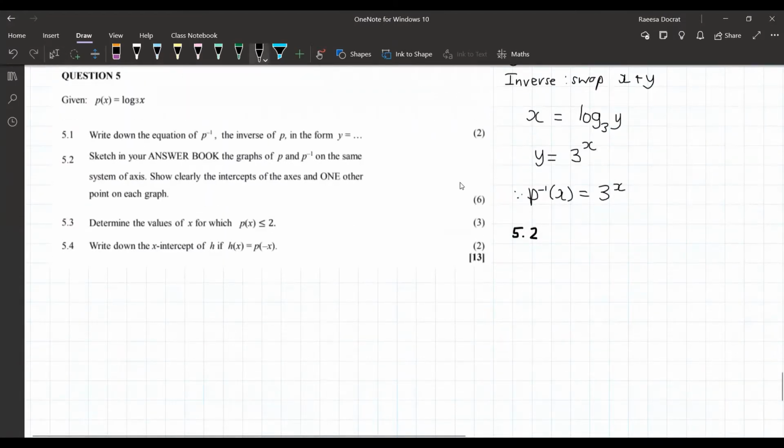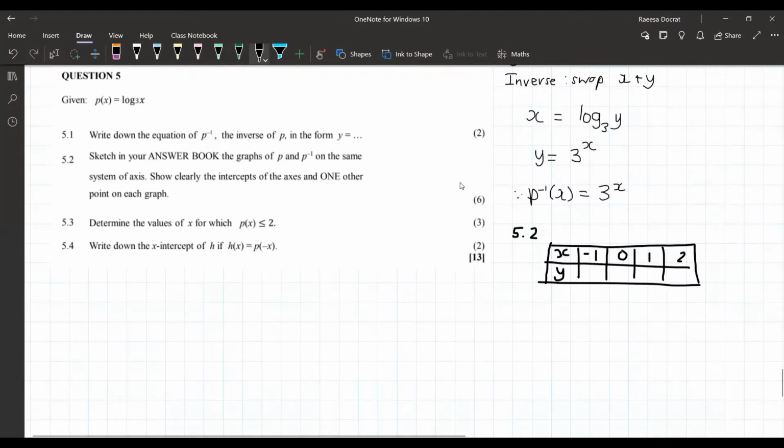So this here is an exponential graph. I'm going to just get 3 points, using the table method to plot this graph. Why I'm using the table method instead of getting the x and y intercept is because we won't have an x-intercept, because the x-axis is an asymptote. So here I'm going to put for x is equal to minus 1, 0, 1, and 2,